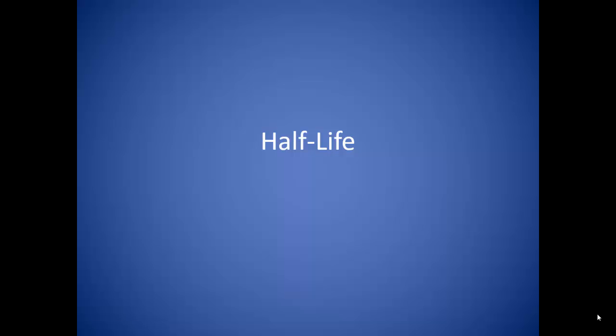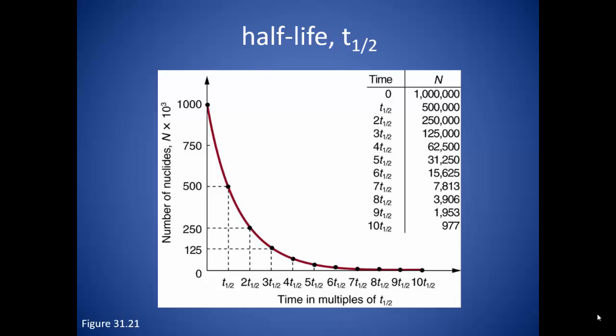So we know that unstable nuclei will decay into nuclei that are stable. What we have found is that some nuclei decay at different rates than others. We use the term half-life to describe how long it takes for half of a sample to decay. Radioactive decay reduces the number of unstable nuclei by half over a certain amount of time, and this is called